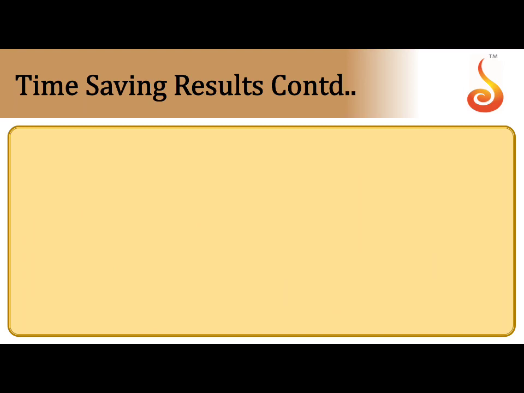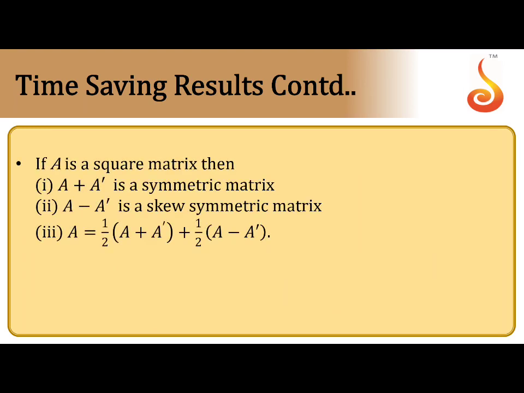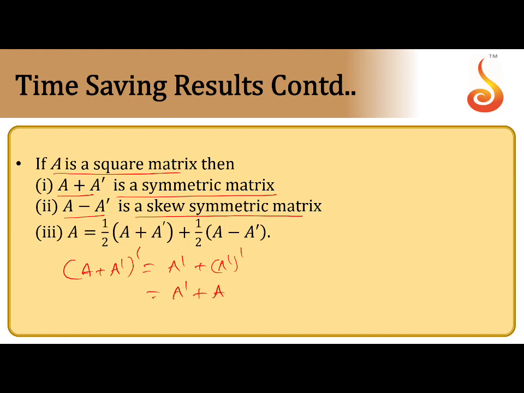So next, if A is a matrix, then A + Aᵀ is a symmetric matrix and A − Aᵀ is a skew-symmetric matrix. How can you check whether any given matrix is symmetric? Just apply transpose to the given matrix. If the answer is the same matrix, then we call it a symmetric matrix. So (Aᵀ)ᵀ is the same as A. That means this value is the same, so we call A + Aᵀ a symmetric matrix.